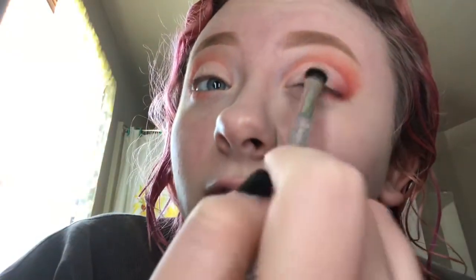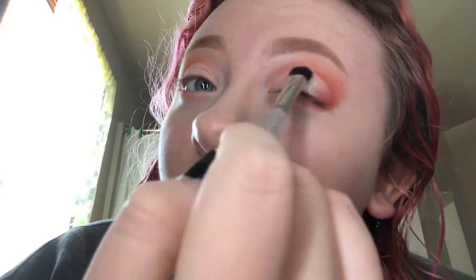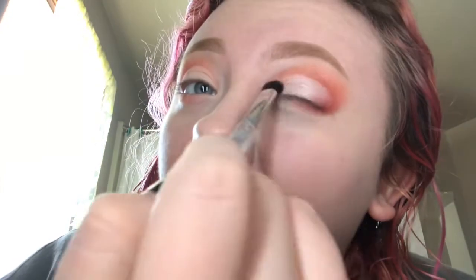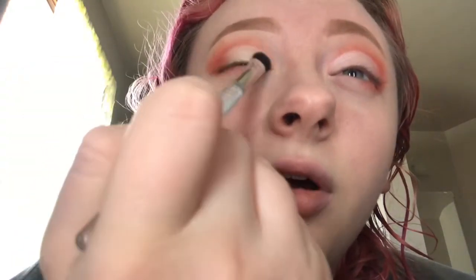So in this one, I'm going to use this on my lid, and I'm going to make it like a stripe, kind of like that. Yeah. So it might not show up on camera, but the difference matters, you know? There we go. See? It's noticeably different. And if it looks incomplete to you, you can add eyeliner, which is what I'm gonna do,